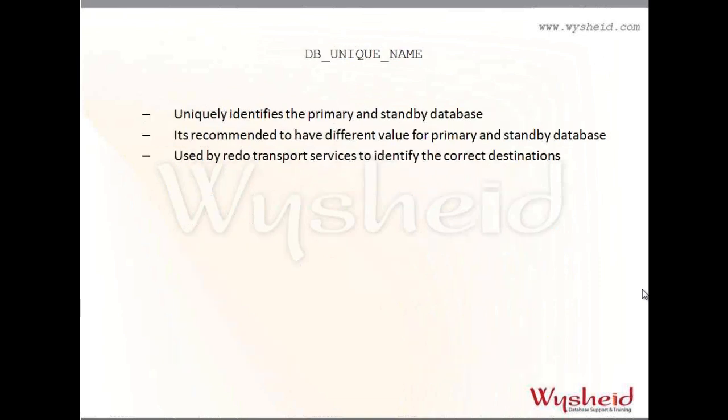Okay. Now, DB unique name. DB unique name uniquely identifies the primary and the standby database, and it is recommended to have different names for the primary and the standby database. From Oracle 11G onwards, it is mandatory that you have different DB unique names for your primary and the standby database. Also, DB unique name will be specified when you are specifying your log transport